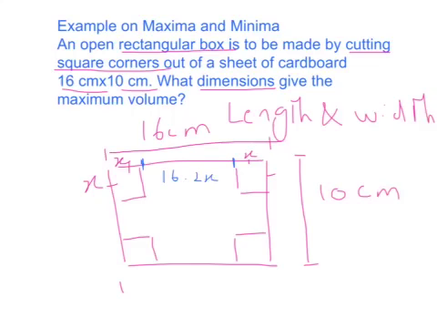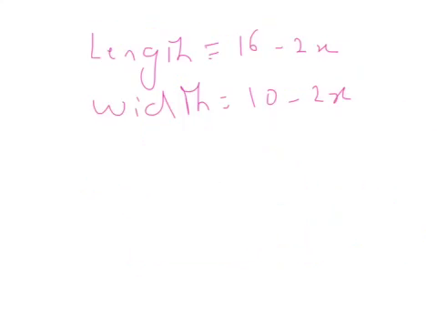And for this part, on this side will be 10 minus 2x. Of course, x represents, in this case, the height of the rectangular box. Now, moving on to the next slide, we can write the length now in the form 16 minus 2x, the width 10 minus 2x, and the height